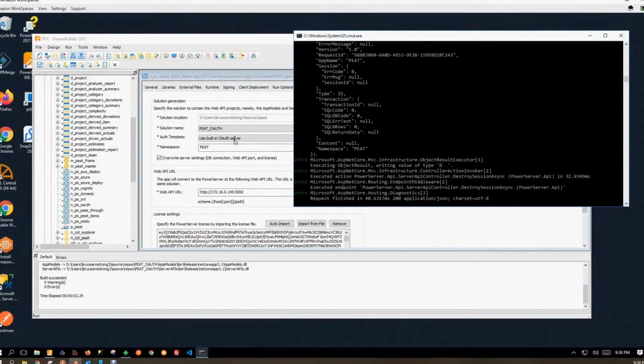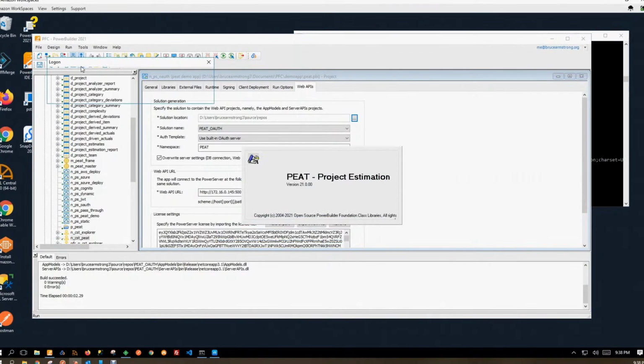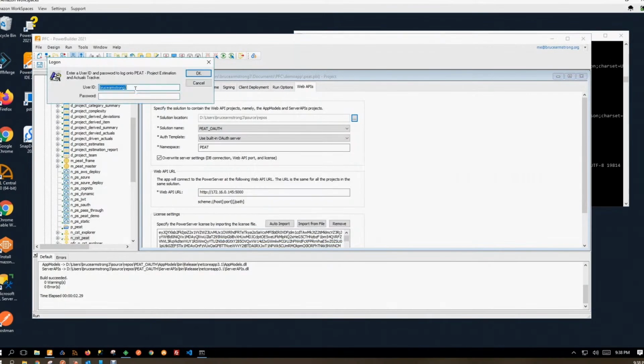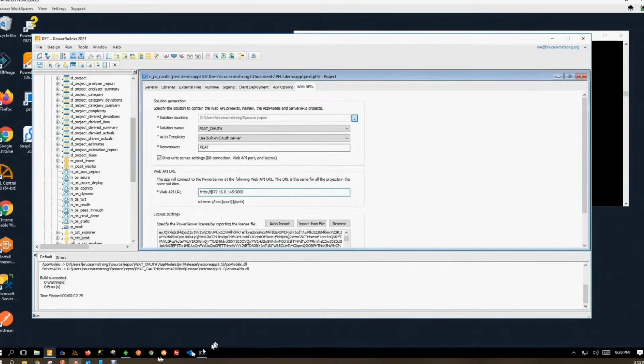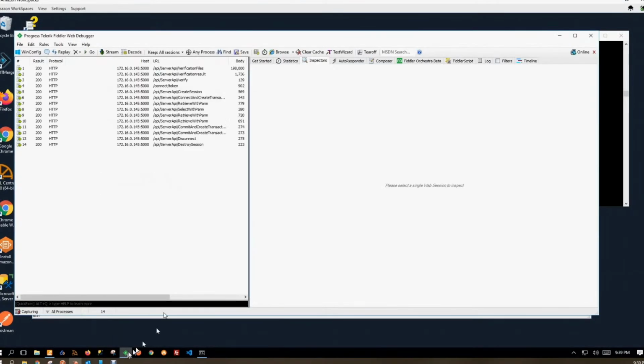Okay, so this is our PowerServer project. You can see that I'm using the OAuth server. I've actually gone ahead and run it in the background here. I'm going to go ahead and fire up the client and log in. And there's the app. Now, just to show that I actually did log in, I'll bring up Fiddler here,